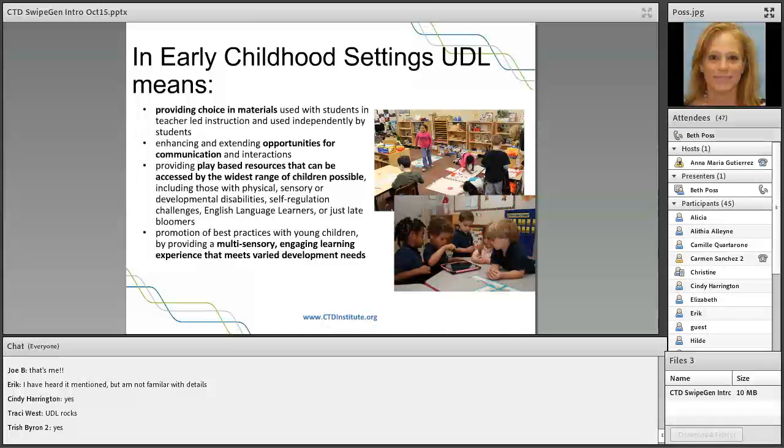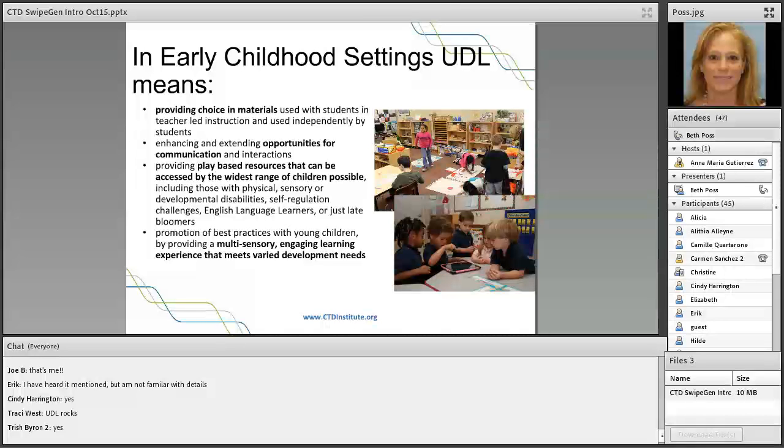students. So if the activity is, let's say you've just read I Went Walking, and you're going to paint a pig, you're going to have a pig as an art activity afterwards, there should be a choice of those materials. Not every child is going to be engaged by sponge painting or finger painting the brown paint mud on the pink pig cutout. Another child might do better with Play-Doh, or another child might do better finger painting, one child might do better with sponges, one child might prefer to use magic markers, that there's choice,